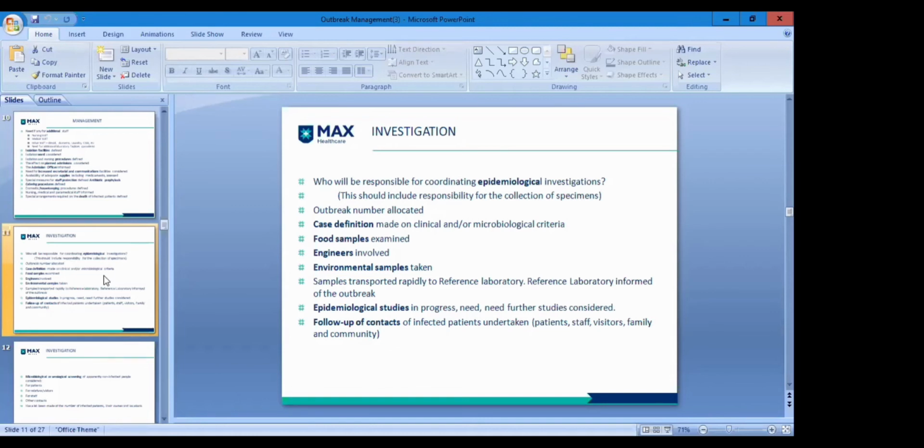Epidemiological studies in progress, and further studies, need to be considered as the cases come up or go down. Follow-up of contacts, like contact tracing, was very, very important if we talk about COVID here. Follow-up contacts of infected patients were taken. We all know the societies were sealed, and for every patient who came positive initially, the government would go and try to isolate that house so that further spread does not happen. This simply means follow-up contacts or contact tracing has to be done in case of an infectious patient.